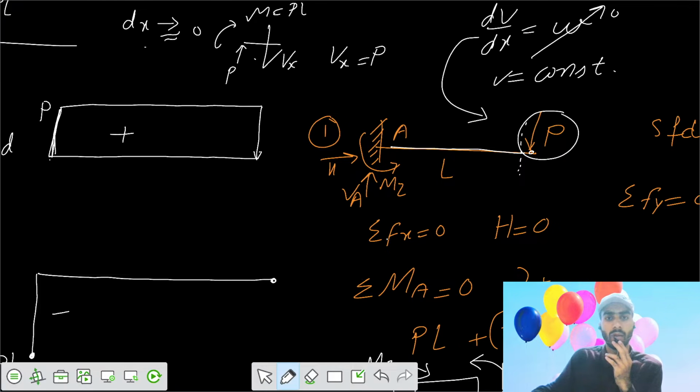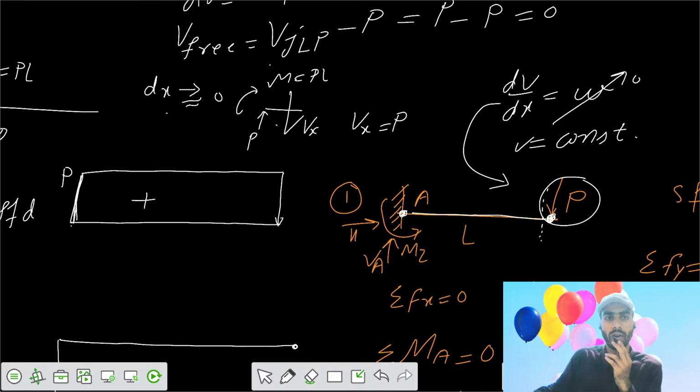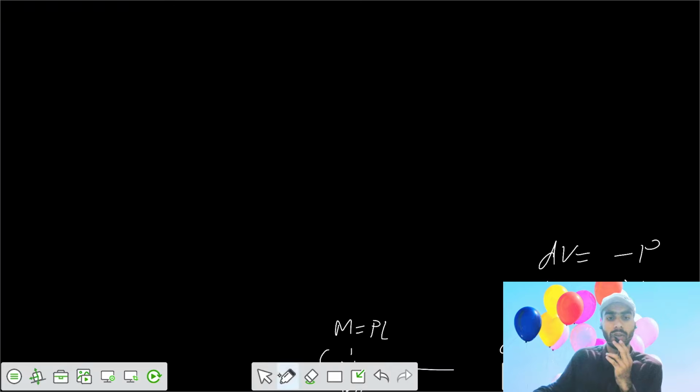One is the point of this support A, next one is the point of this point load P. So we have only two critical points. This is a very important statement that we can use to make things very easy. We can say that between critical points